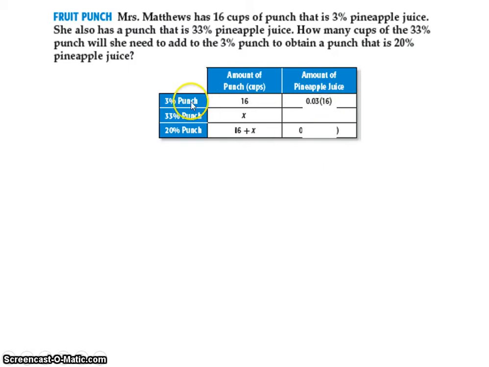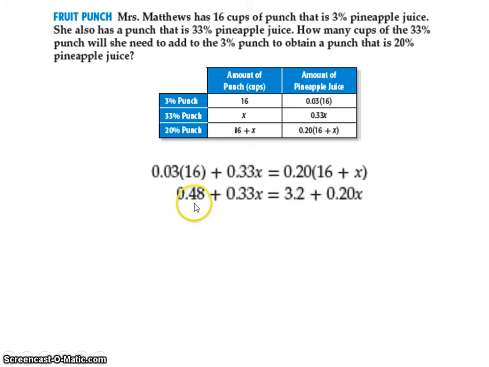pineapple juice would be 3%. We changed that to decimal times 16. We wrote it here. 33 times X would be 0.33 times X. And then 20% times this would look like this. We're going to add these two equal to the last. So here's our equation just like we did before. We're going to multiply, and that's why we get 0.48, and then 0.20 times each one of the terms gives us this. We want our x's on the same side, so we're going to subtract 0.20